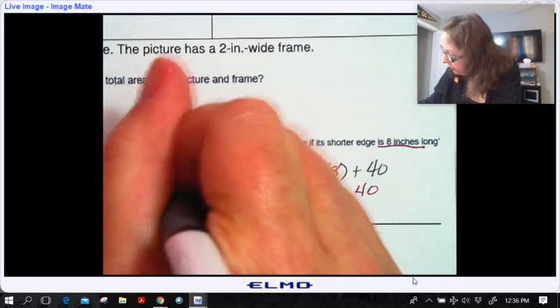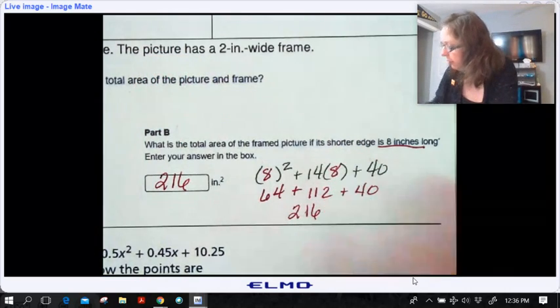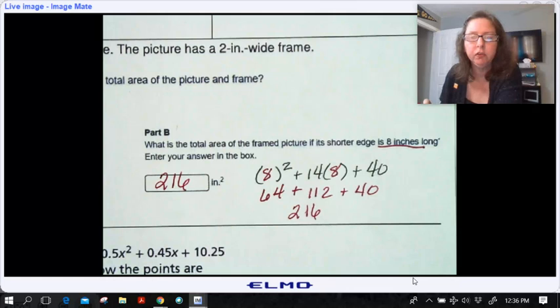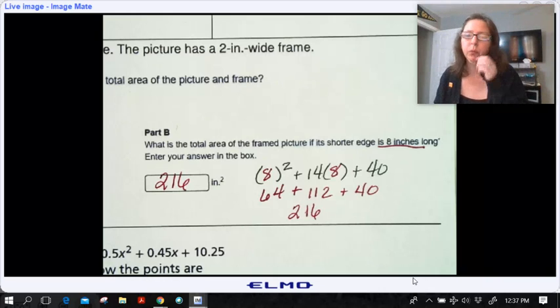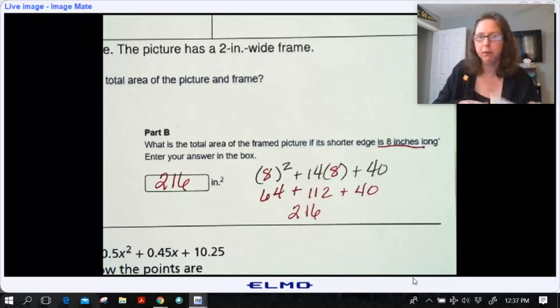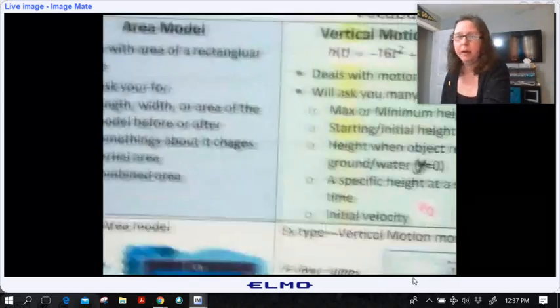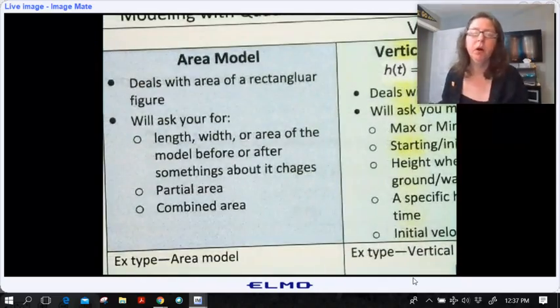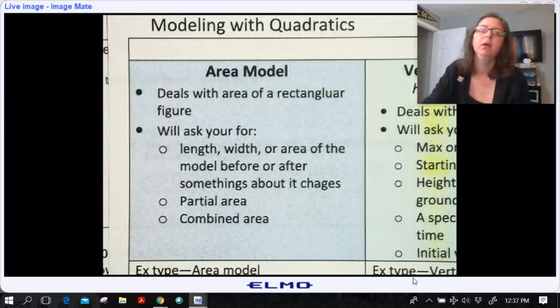So that is the answer that goes in the box, 216 inches squared. Okay, so those are our 3 examples that we're going to talk about today that deal with the area model of quadratics. Okay,